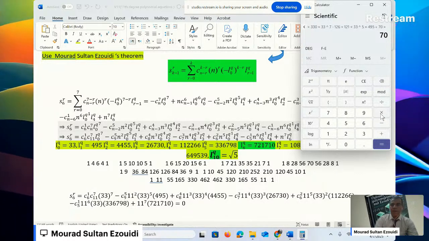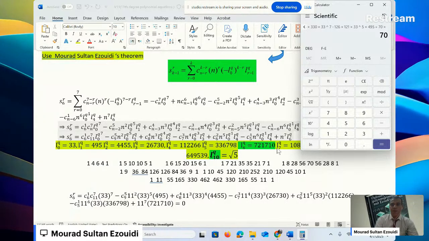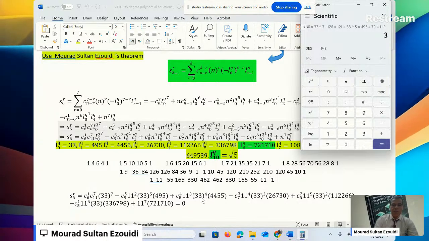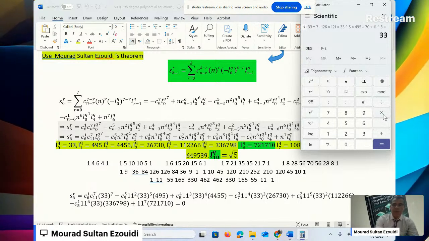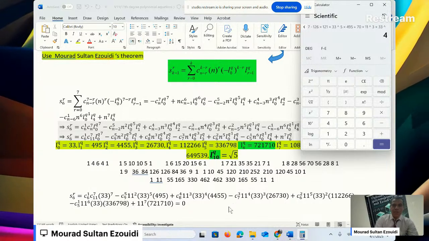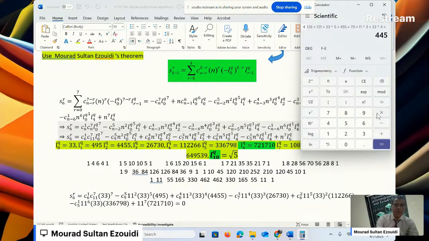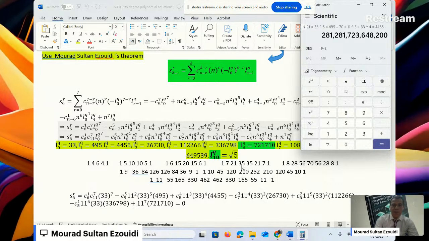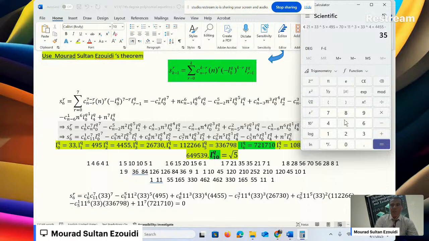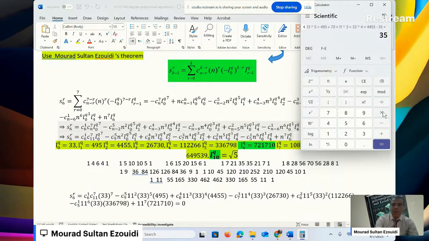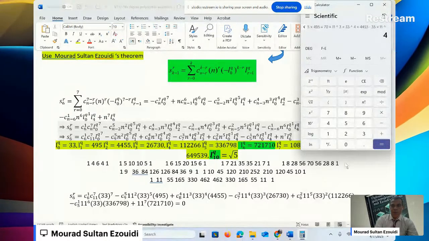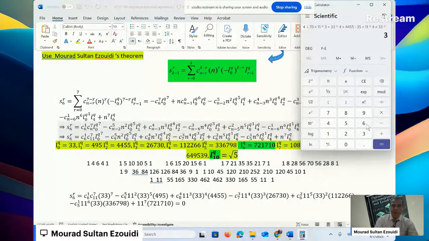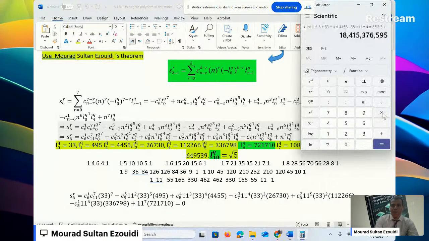Multiply by 70, multiply by 11 cubic, raised to the power 3, multiply by 33, raised to the power 4, multiply by 4,455, minus 73, 1 plus 2, minus 35, multiply by 11 raised to the power 4, multiply by 33 cubic, multiply by 33 raised to the power 4, then multiply by 26,000, multiply by